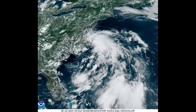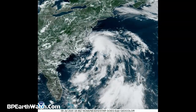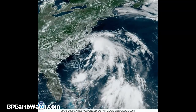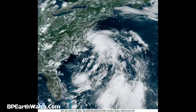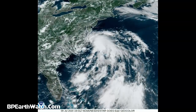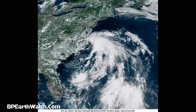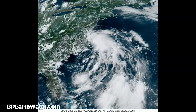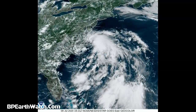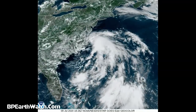July the 9th, 2020. Guys, you're looking at current images of now Tropical Storm Fay. We never went through the tropical depression stage. A Hurricane Hunter aircraft called back in and said that it now had 45-mile-per-hour sustained winds, which moves it straight into tropical storm status. Notice further south down into the Atlantic, watch the formation of those clouds in that feeder